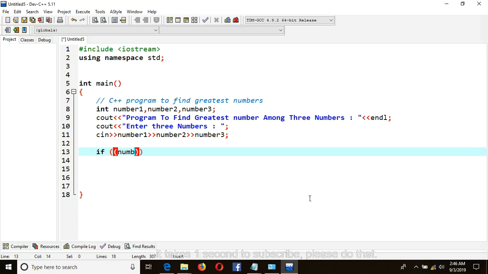If number1 is greater than or equal to number2, and number1 is greater than or equal to number3,